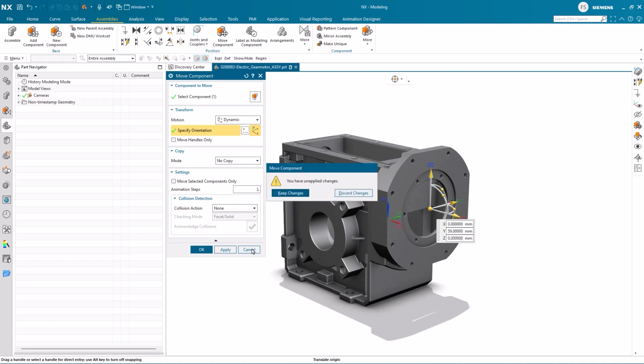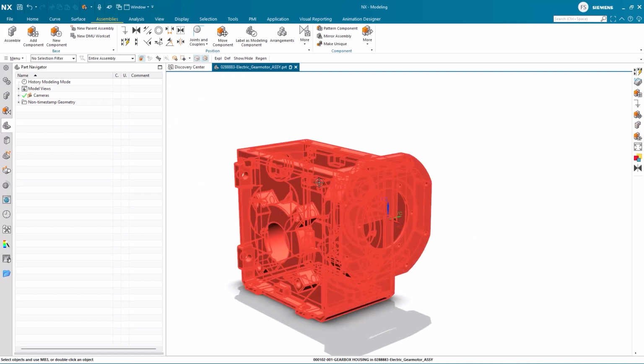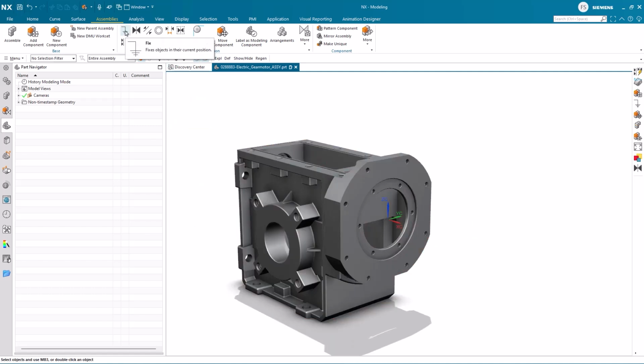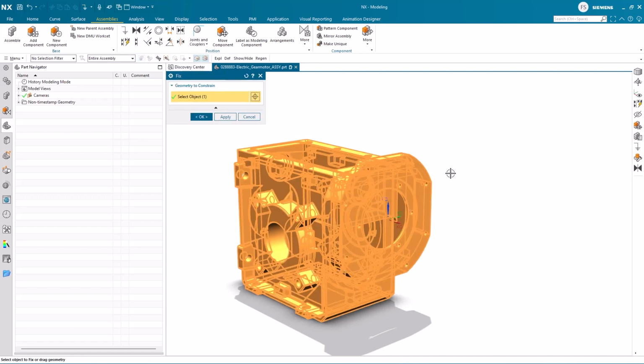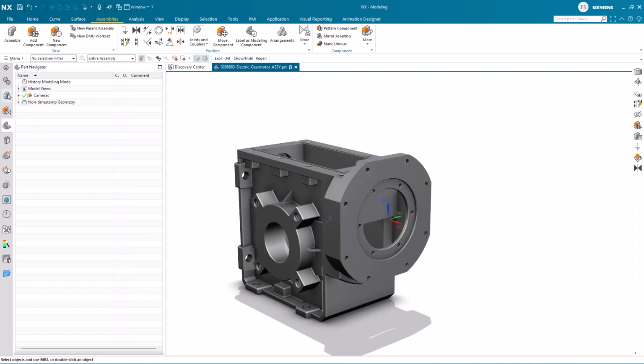To prevent this, we cancel the modification we just did with the Move Component tool, and we manually add the fix constraint to the first and crucial component here. Having a look at the positioning column in the assembly navigator, we can also see that the component is fully positioned, with the fix constraint represented in the column.